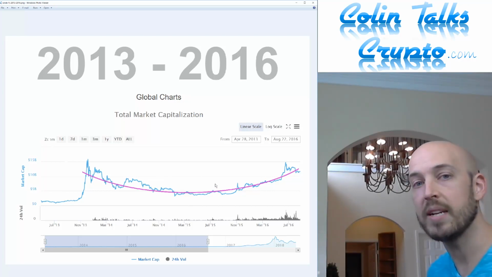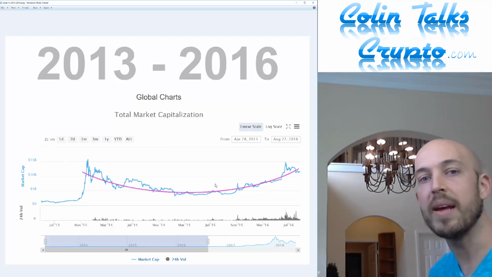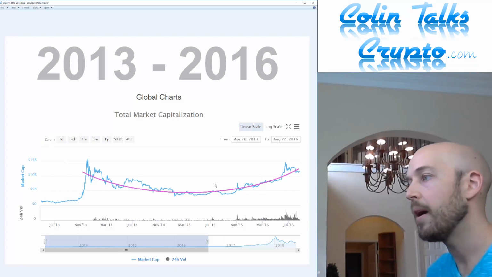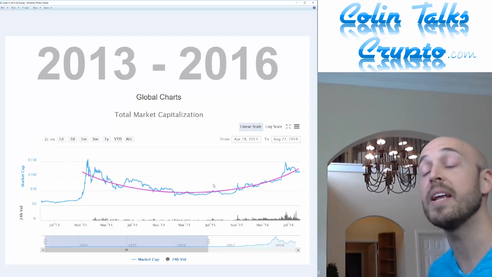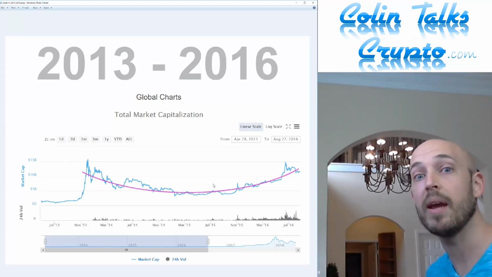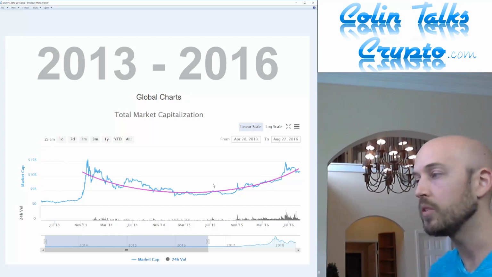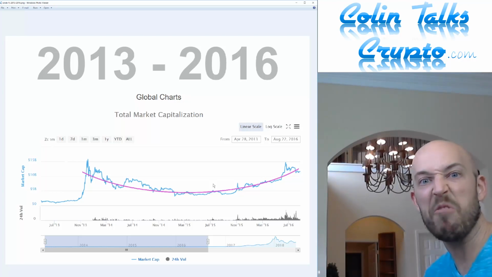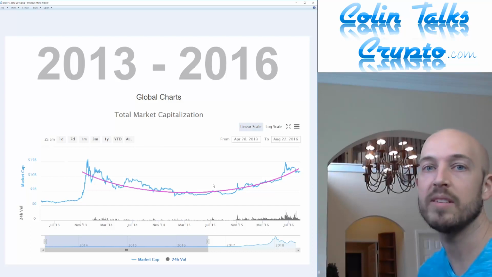So I predict that for the next 4 to 8 months, approximately, we're going to be relatively level in price. There'll be some ups, there'll be some downs. It's not going to go too crazy. And then after that 4 to 8 months, I think we're going to begin entering and climbing the next bull run. And I think that'll take another 4 to 8 months. So we could be talking anywhere from 8 months to a year and a half, roughly, for this cycle to play out. And I know that's a very, very safe, broad